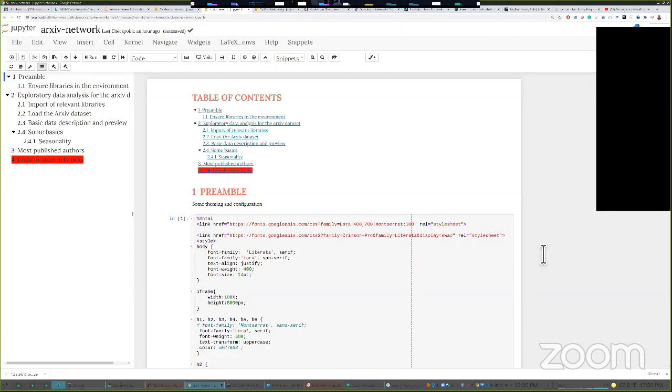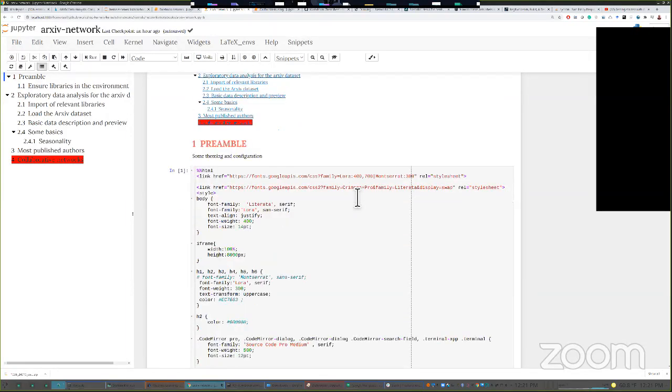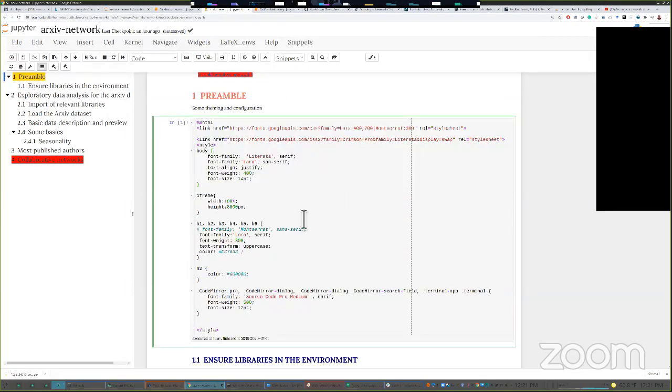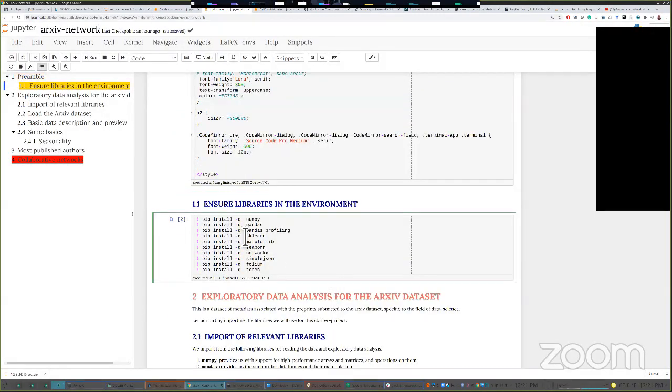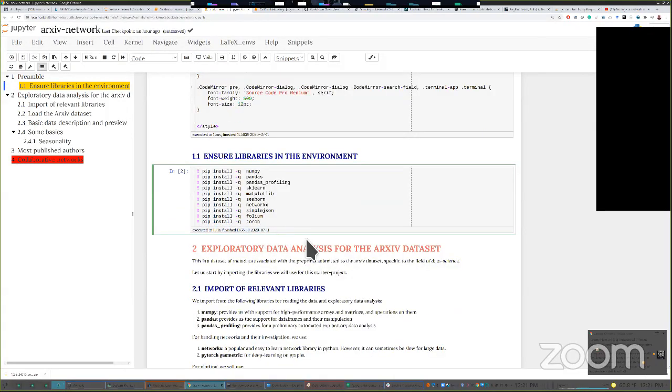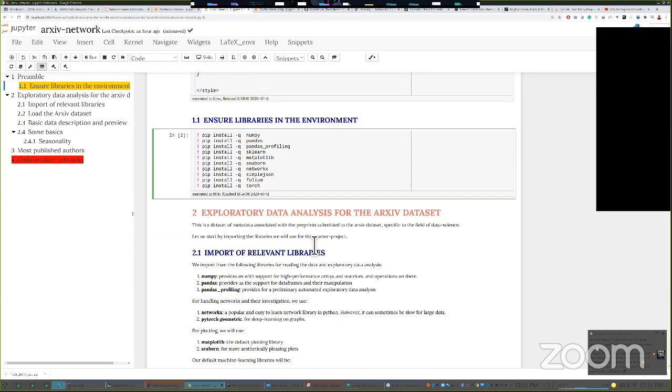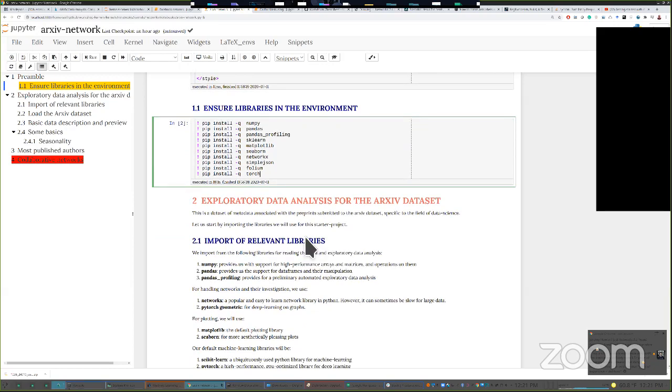Yes, it is legible. So by now you must be familiar with the Jupyter notebook and the way we write it. This is your standard table of contents. As you can see, it's a very short table of contents, unlike the other notebooks that I've released. The point being that this is just a starter code. This is your basic preamble, themes and other things. And this just ensures that all the libraries that we will need are installed. Actually, we won't use Torch. Deep learning is for the next workshop, but as a motivation, if you can, it would be even better.